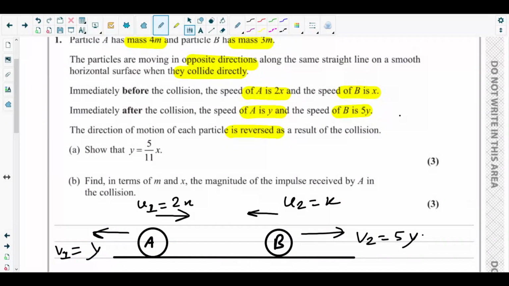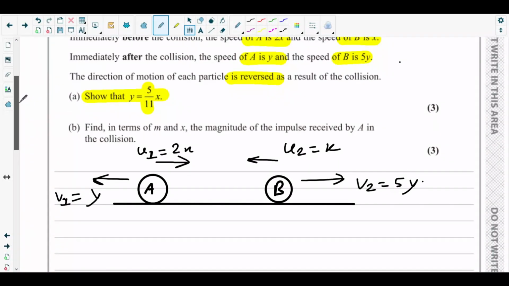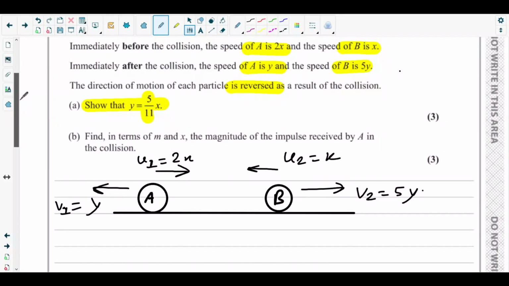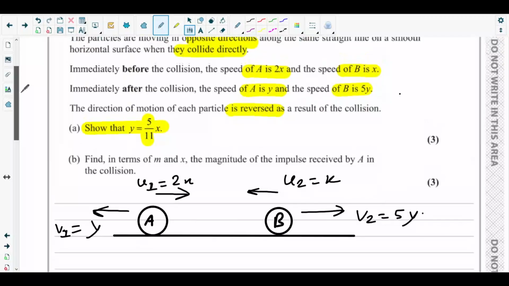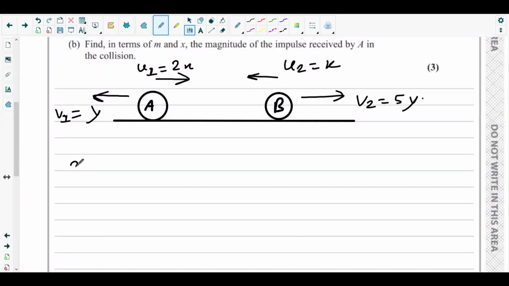Okay, so part A asks here to show that y equals 5 over 11 x. Okay, we need to show that y equals 5 over 11 x. y is the speed of particle A after the collision. So for momentum and impulse, what we know, we always consider the law of conservation of momentum. Okay, so using